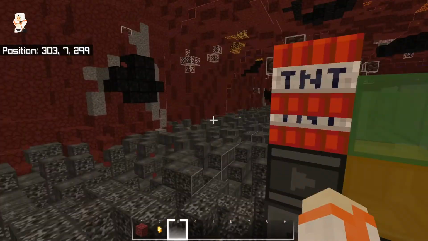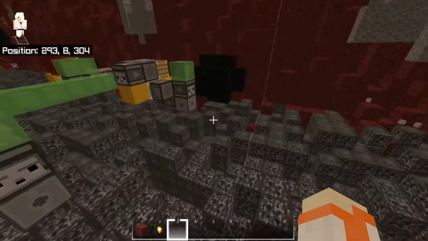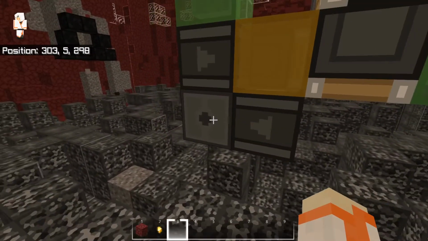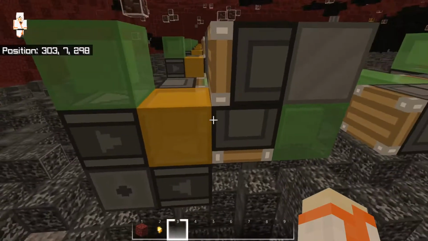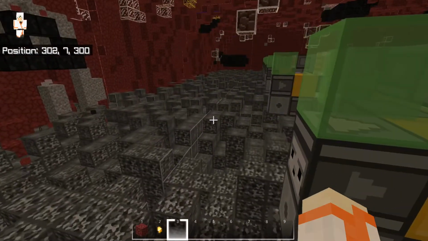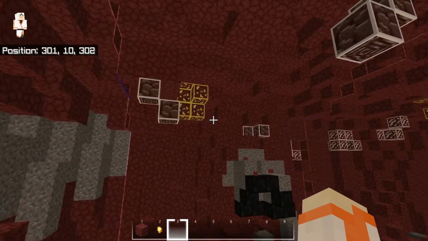So I could do this again. So you can see they'll all get launched up. And the reason why I launched 3 TNT is because it is a very easy way to activate a dispenser 3 times. Just have an observer here and then pulse this piston and it will extend and retract, and that'll be 3 times. I also do have a version that does 5 TNT, but the problem with that is